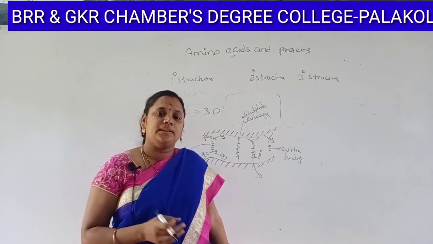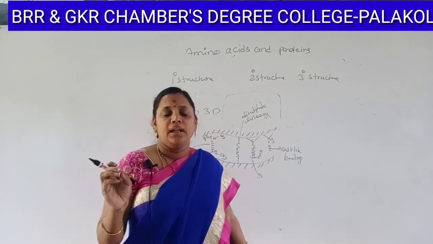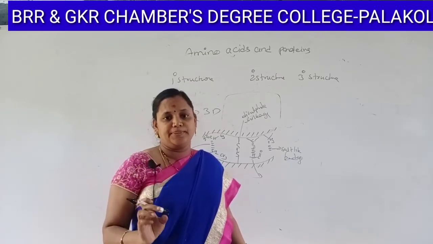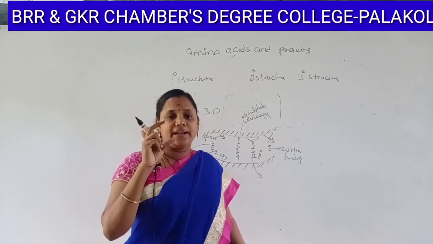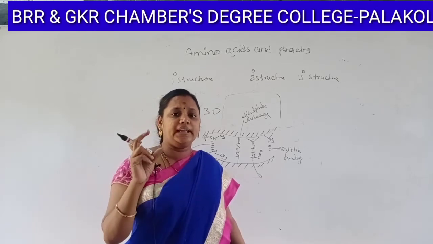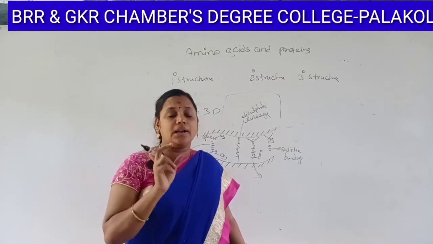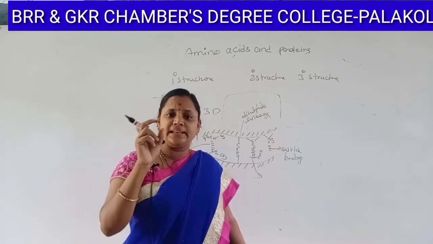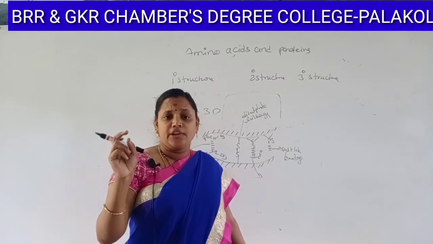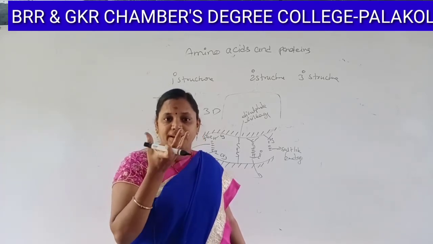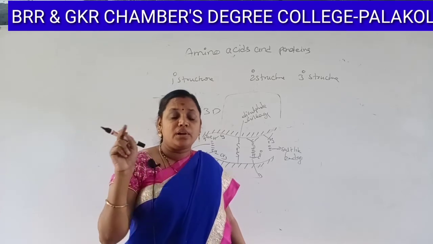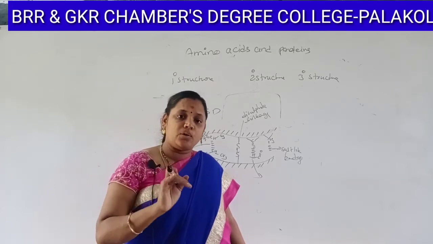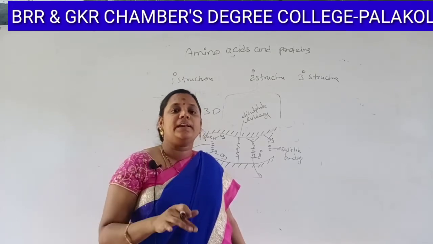For example students, there is another important last point about protein: denaturation and renaturation of proteins. Denaturation of protein means, for example, if you consider egg white as our protein, on heating it will get coagulated. So this is called denaturation of egg white. If you want to reverse it, we can't get the egg back as it was after boiling, right? So here renaturation cannot take place. But in some proteins, if they undergo denaturation, they may renature.